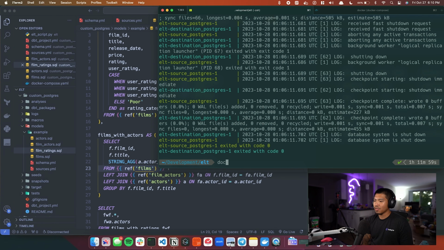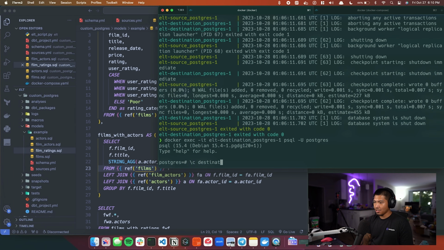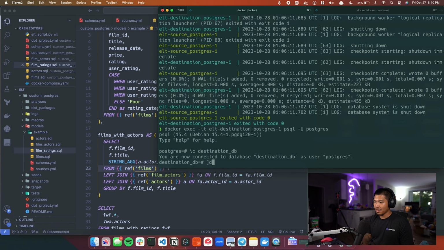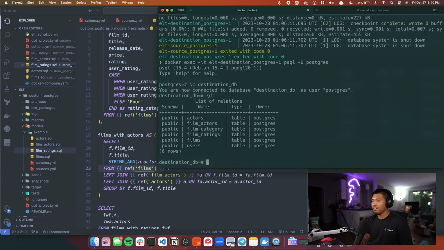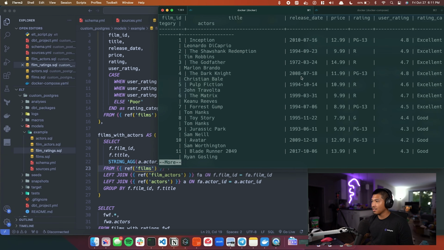Now, if we were to go docker exec -it, and then I think it was elt_destination_postgres-1. And then we do psql -U postgres. So then we go here, we do \c destination_db, we connect there and then \dt. So now you can see film_ratings, which is the new table that we've written in dbt is actually written now. If we select all from film_ratings with the semicolon,